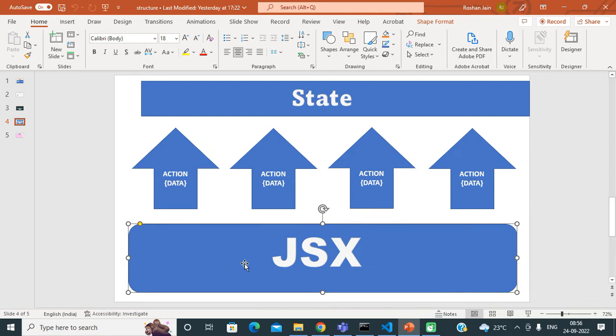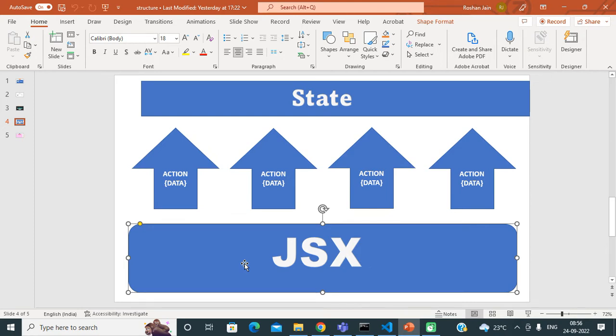And whenever the user performs any interaction, that means whenever a new action is dispatched on the component state, every time the reducer function executes, it checks what action the user has performed, and depending on that action it executes the state update logic.